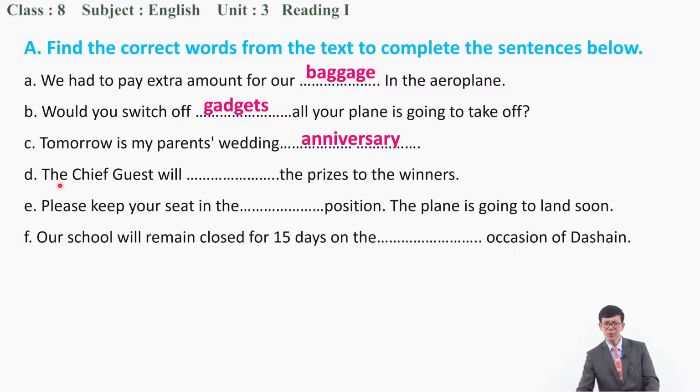And what about the next number? You can see this D. The chief guest will what the prizes to the winners? Have you just gone through the words that I shared? The chief guest will, very good, the chief guest will confer, distribute the prizes to the winners. And number E,